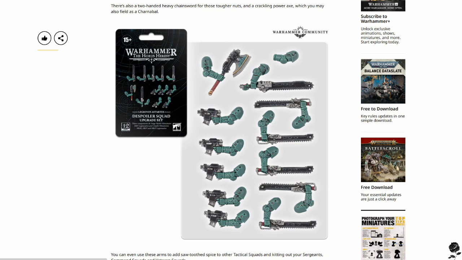So why is this no good? Well, kitting out a Despoiler squad, you want your Despoiler squads to be big. We're talking 15, 20-man Despoiler squads is the sweet spot. 10 is just not going to get you far, and 5 you can't run at all. So to run a legal squad at all, you're going to need 2 of these sets. To run a squad that's actually going to have a real impact, you're going to need 3 or 4 resin